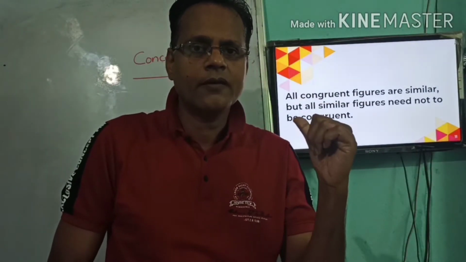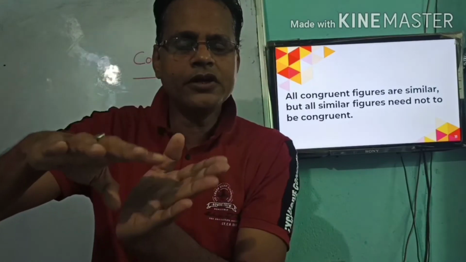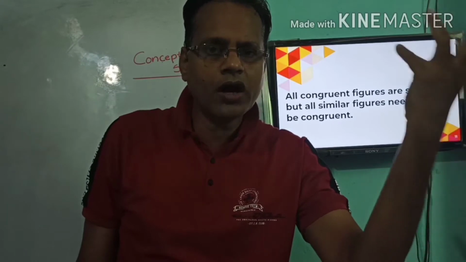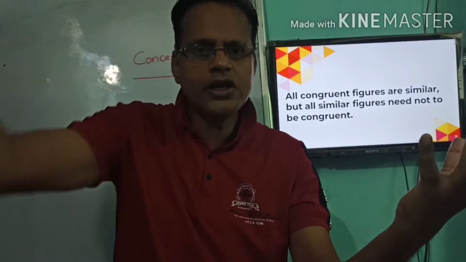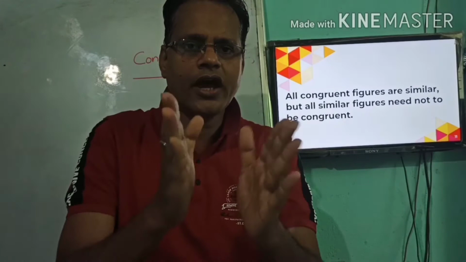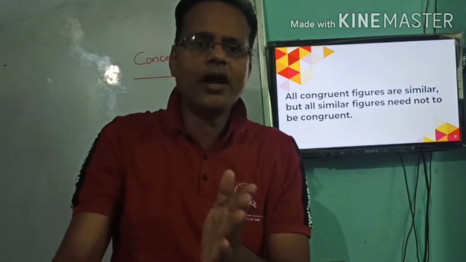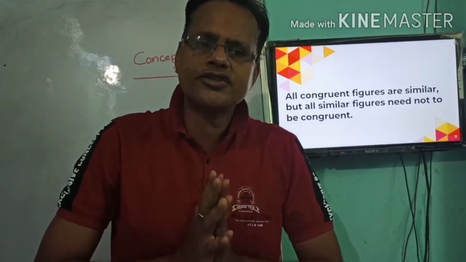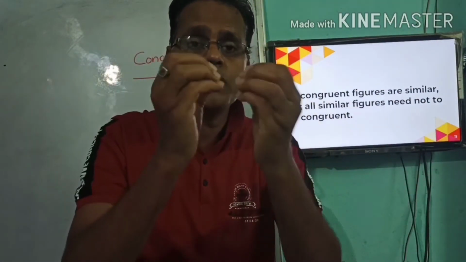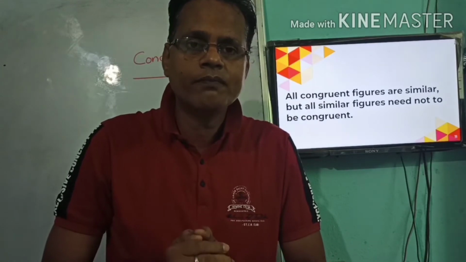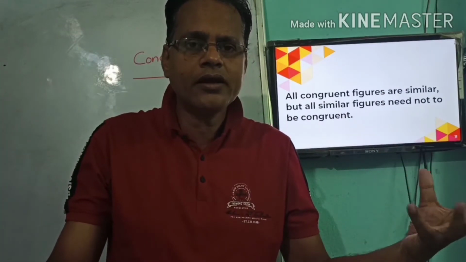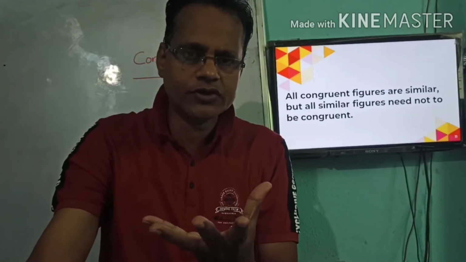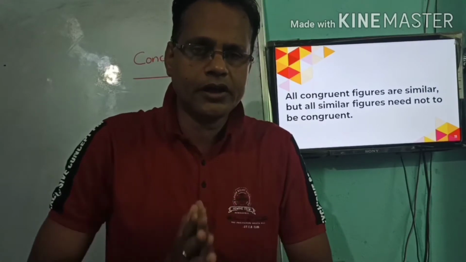In the same way, similar figures have two properties with them, whereas congruence has one property, which is present in the similar figures. Therefore, all congruent are similar, but all similar are not congruent. So these are certain literary concepts of similar, but we have to go for the mathematical connotation. So what is called similar, we are defining it literally. Then let us discuss the similar concept with respect to mathematics. Are you getting the point?